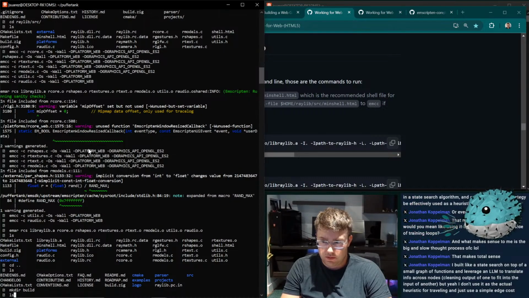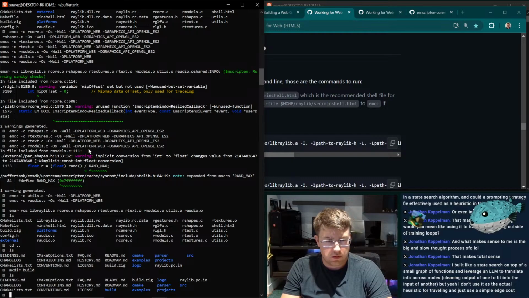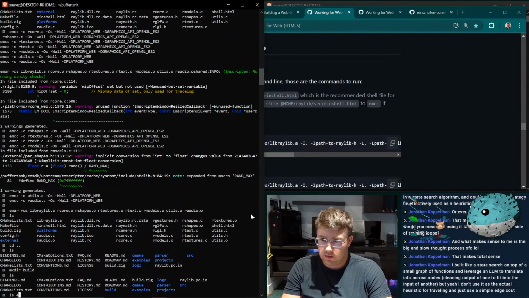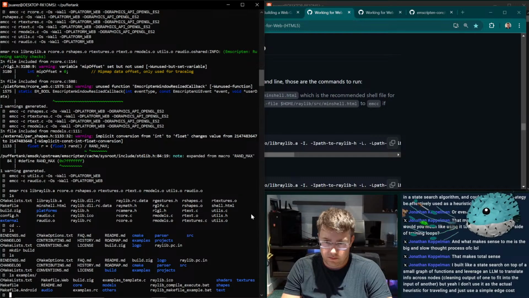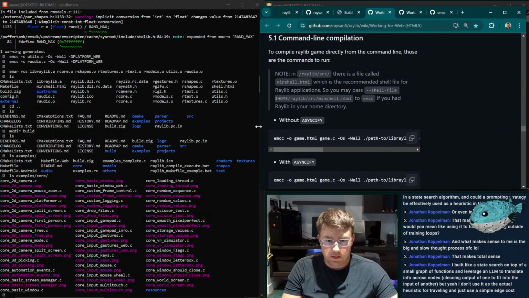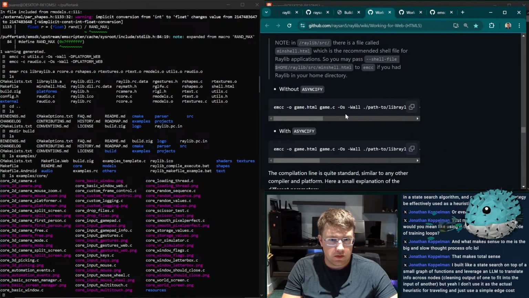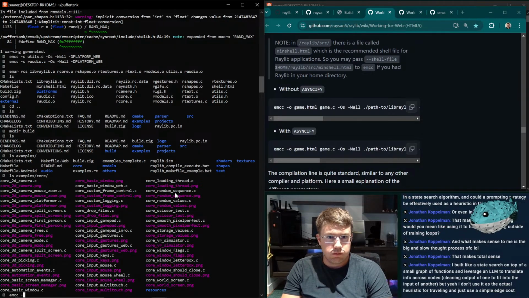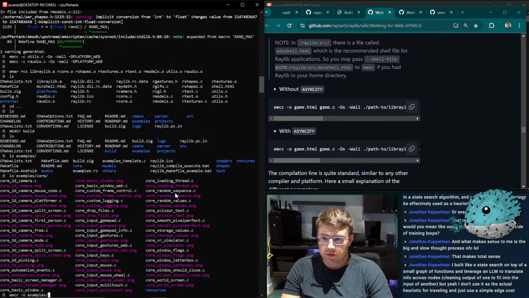Build. Core 2D camera. Examples, core camera .c.